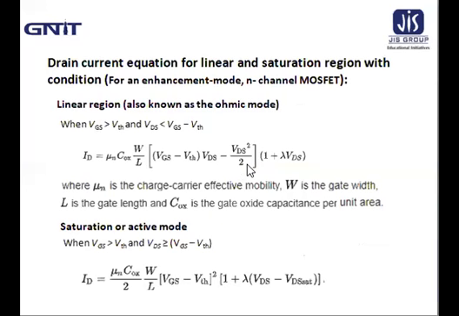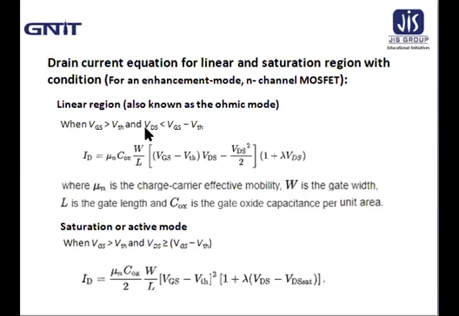Now next come to the drain current equation for linear and saturation region with the condition. If we consider an enhancement mode n-channel MOSFET, then for a linear region, which is also known as ohmic mode, the condition is VGS greater than VTH, that is gate to source voltage and VTH is the threshold voltage, and when VDS, that is drain source voltage, is less than VGS minus VTH,